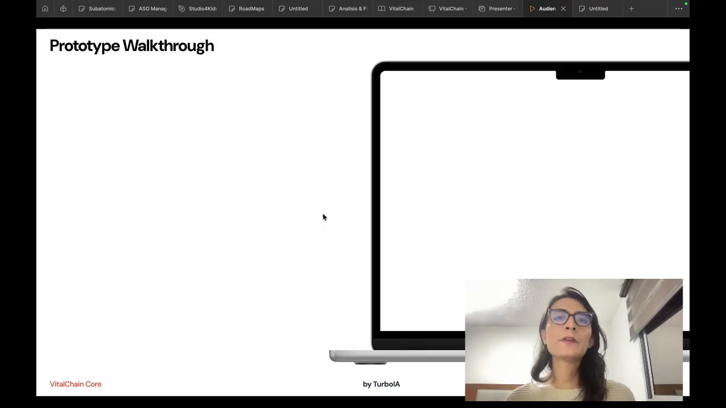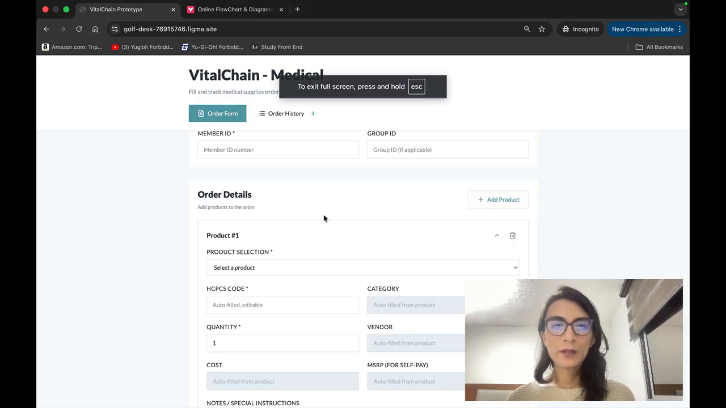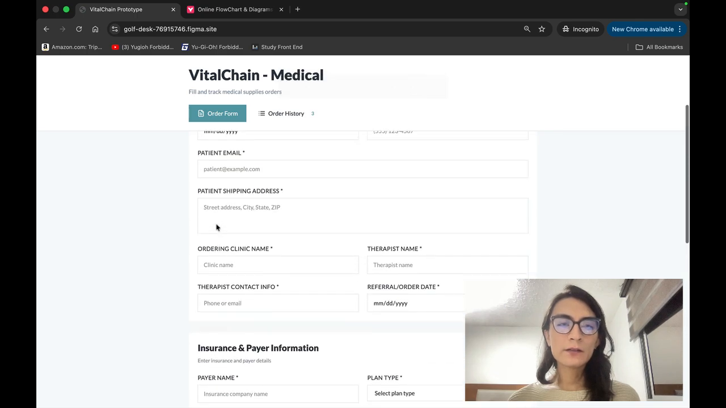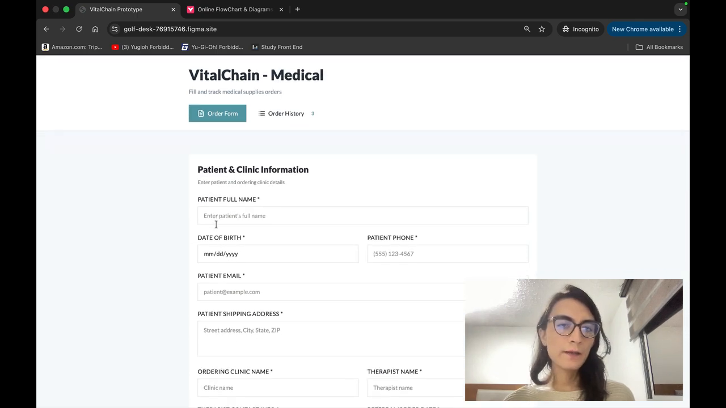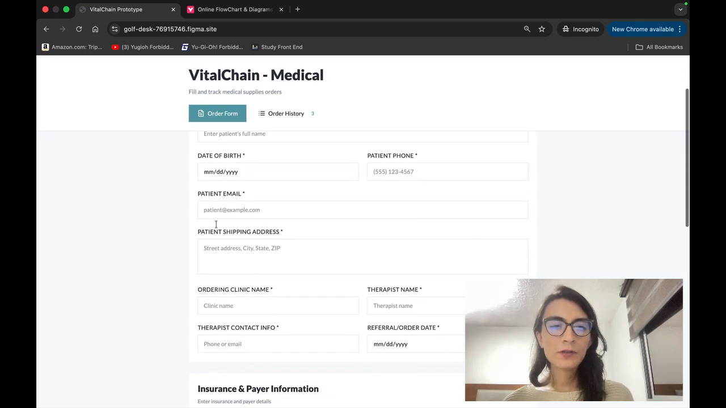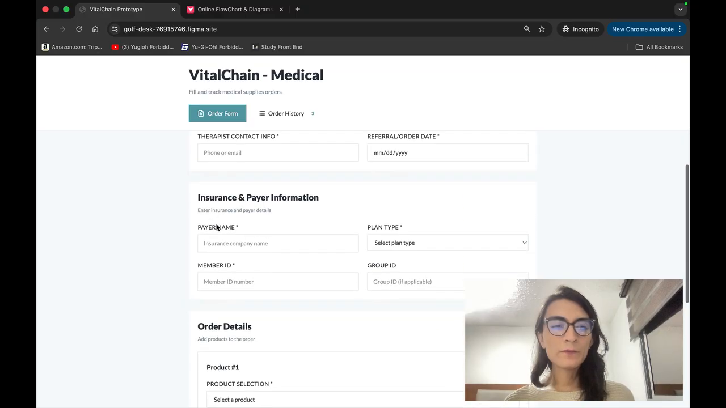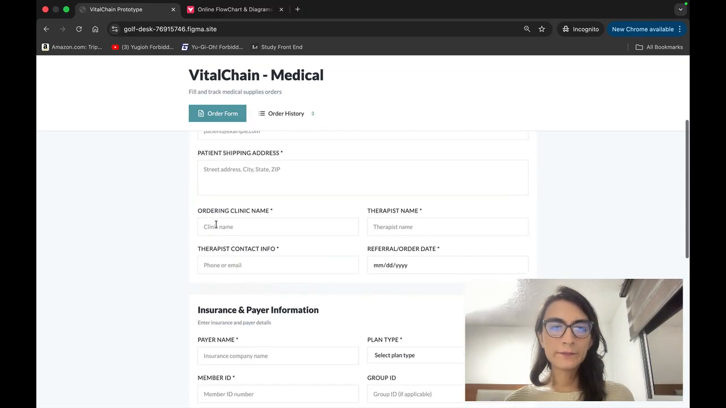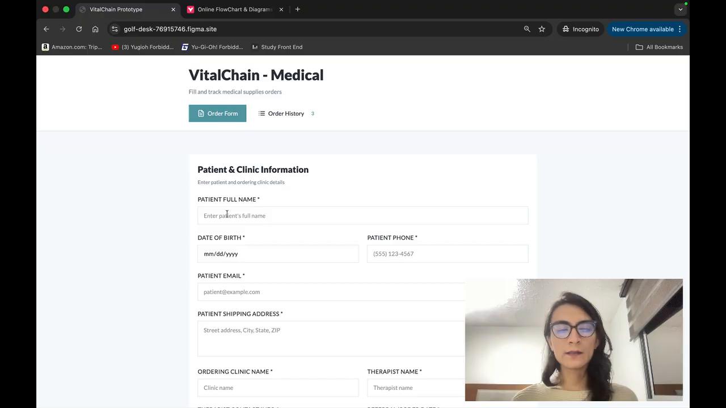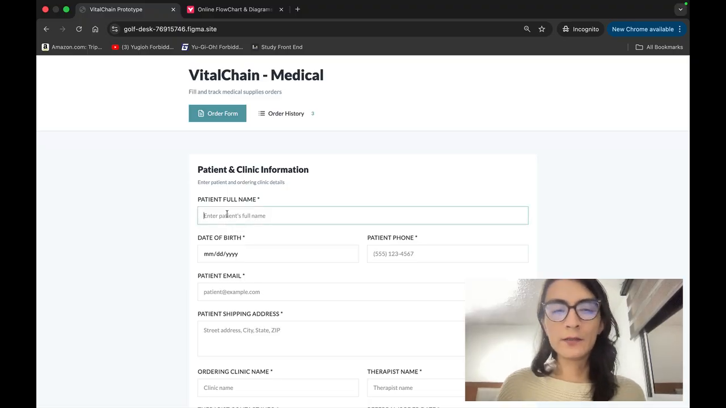So let me walk you through the prototype. Here it is. As you can see here, we have the patient and clinic information. We have insurance and payment information and the order details. This is the first thing that any user will see when entering this platform. So if we can just give it a try,